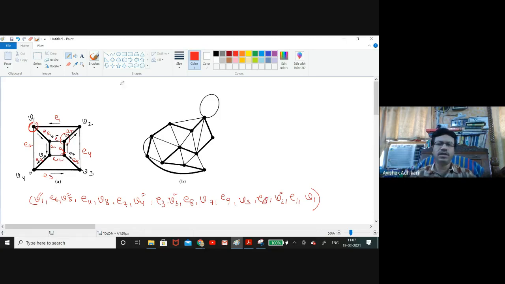If you travel through this, first come here, then here, then here, then here, then go to this, and then go to this, go to this, and then come back here. So if you travel through this, you can explore all the edges, but suddenly a few of these edges, like this edge, this edge, this edge, are not explored. So you cannot say that this is an Eulerian circuit or line, because you are unable to